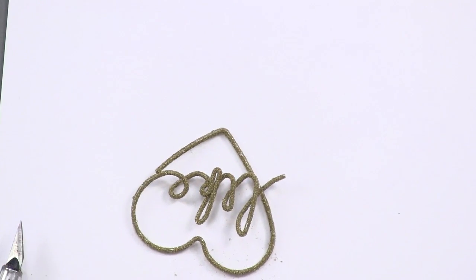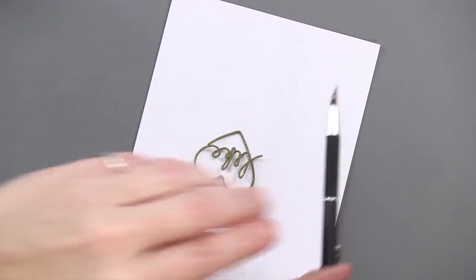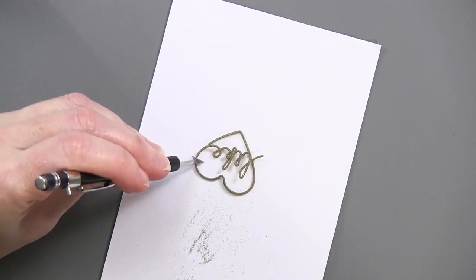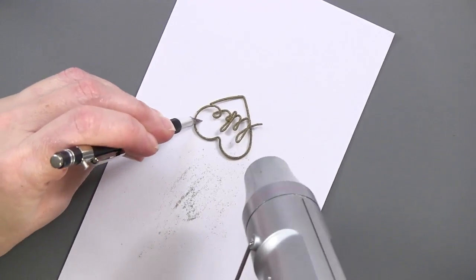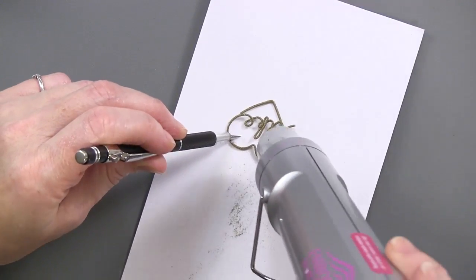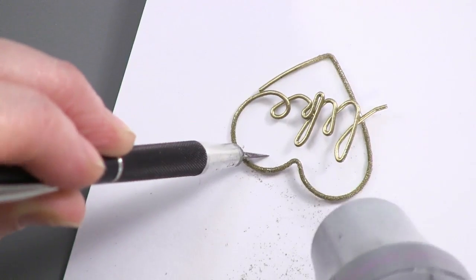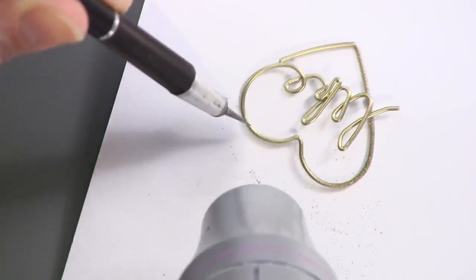This is the retractable pen, and we use this religiously. So here I go. When I do this, I'm just going to sort of capture it there, and then I'm going to start heating it with the heat gun. You have to remember when you're using a heat gun on metal like this, that once you melt it, and it's going to melt pretty quickly, there it goes. You can see it. Once you melt it, whoops,